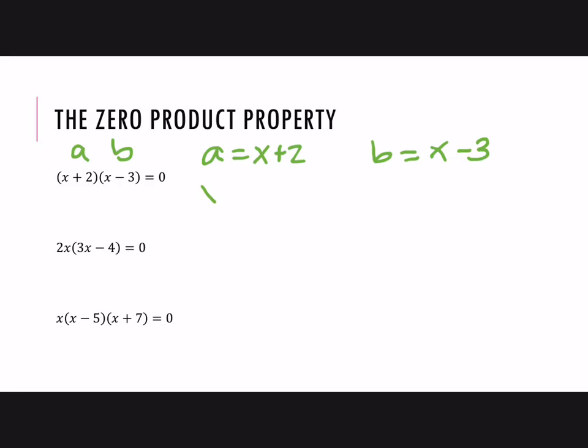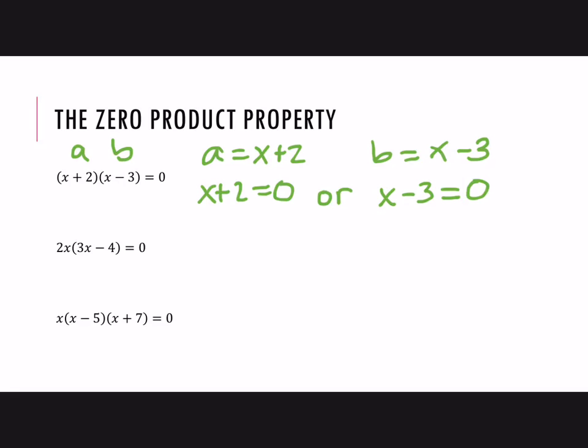So what I know is that either x plus 2 has to equal 0, or x minus 3 has to equal 0. Right? That's the only option for getting a 0 when I multiply those two factors. Okay, so what this does, it could be one or the other or both. So what this does is it gives me two linear equations that I can then solve using those, perhaps easier